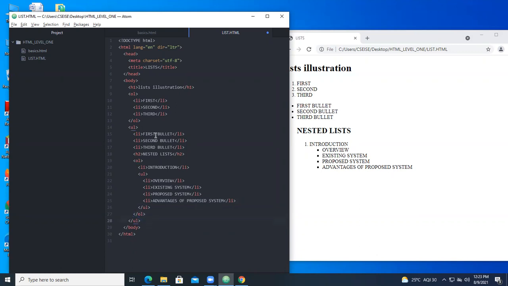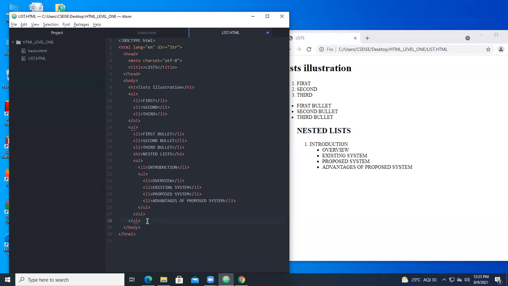So all these are the implementations of list. This is the representation we have taken for the list. Understood? Now you come to the next implementation, a nested ordered list inside an unordered list.